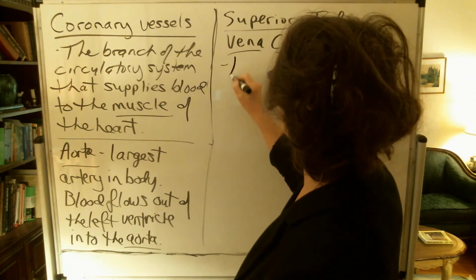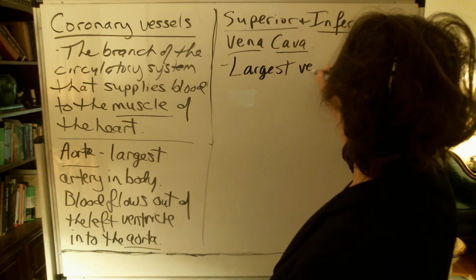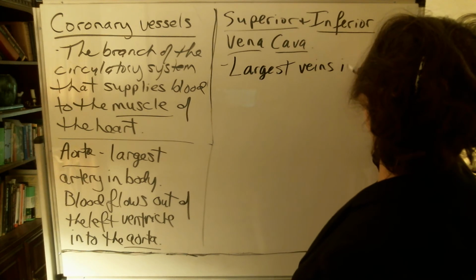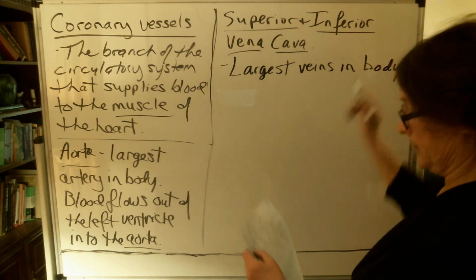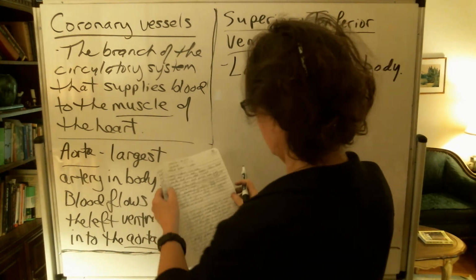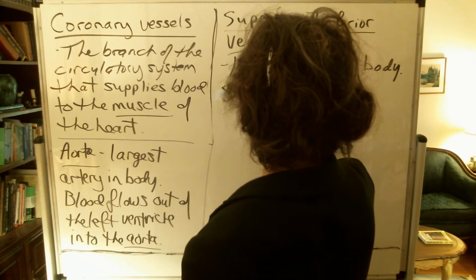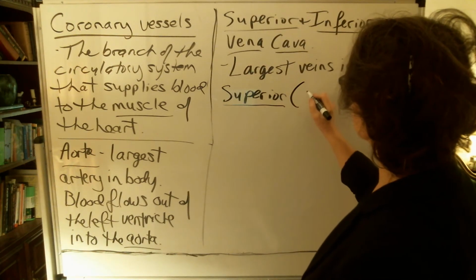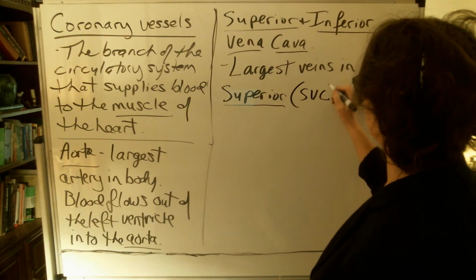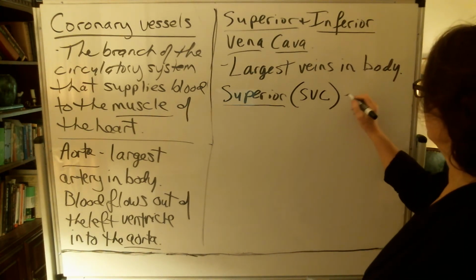Okay, so these are the largest veins in the body. So the superior then, and you will sometimes see this abbreviated then as SVC. So the superior vena cava then